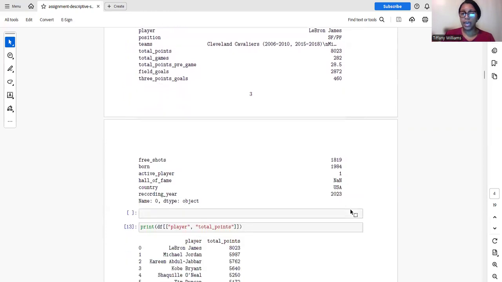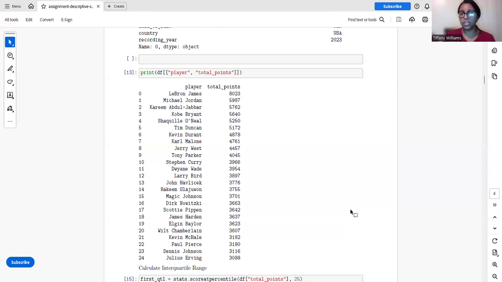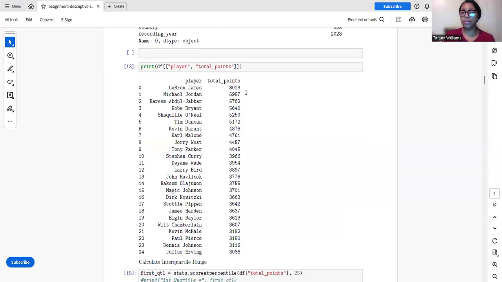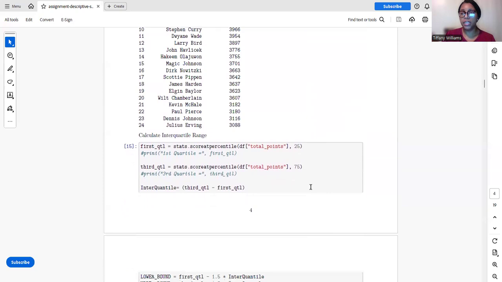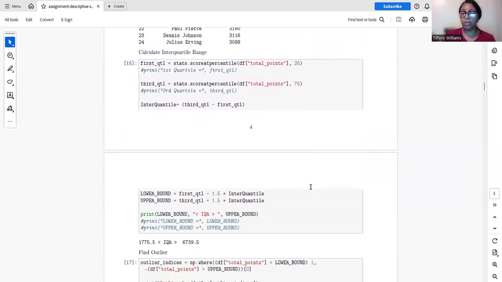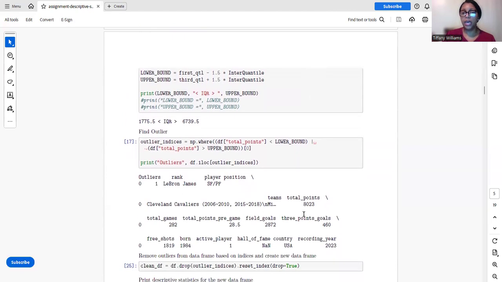I then look at the IQR method as well. I pulled in all of the players because I just wanted to make sure that that was the outlier, and it is. And here's all the other 25 players. I also use the IQR method to get the lower and upper bounds and the range. And once we found the outlier and returned it, it indeed brought back LeBron James